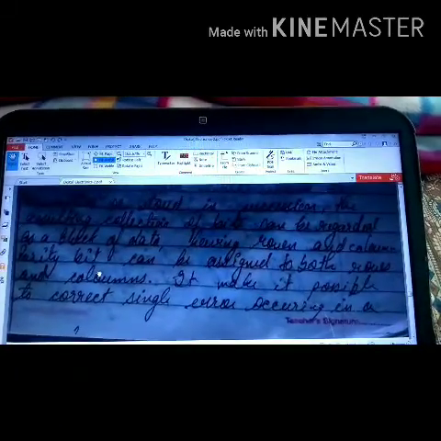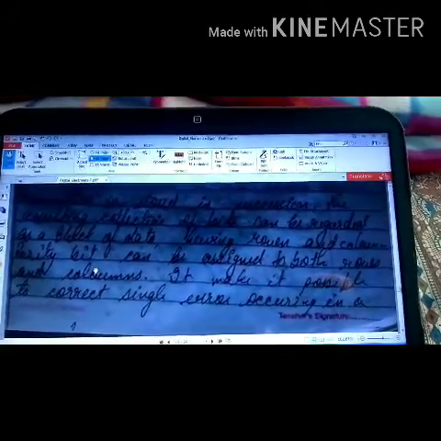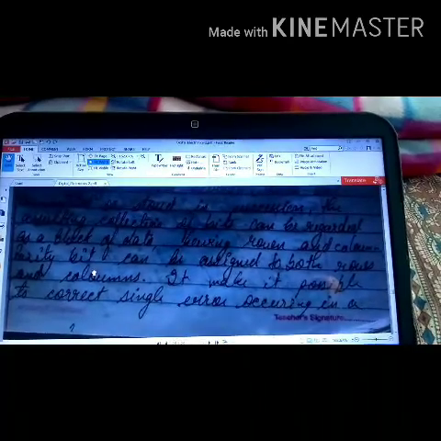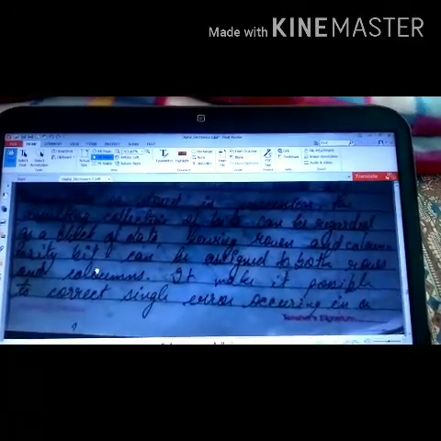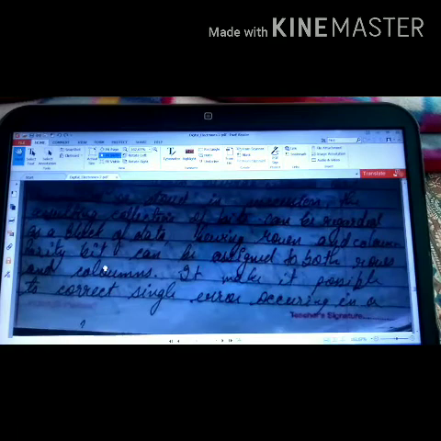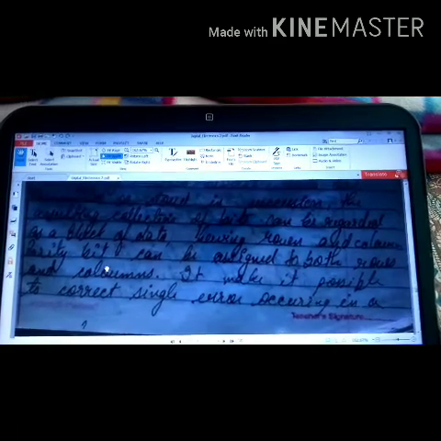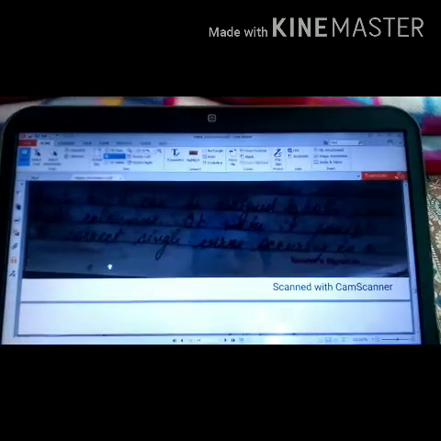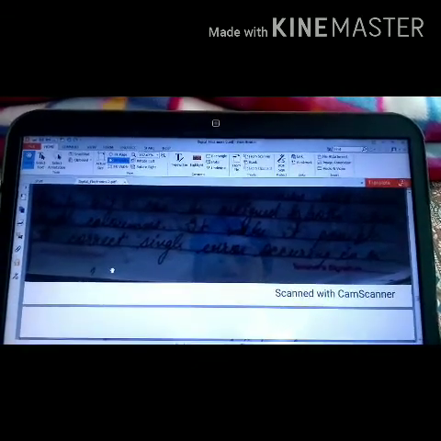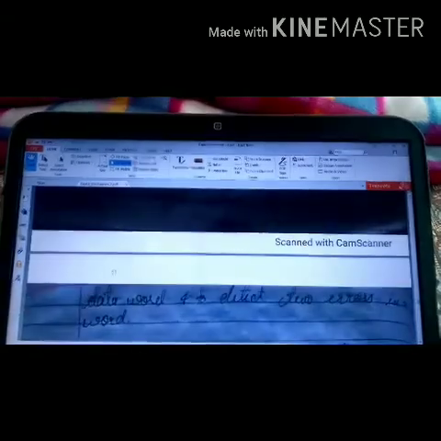It makes block parity utilizable even as an error correcting code. There are very few codes which are used as error correcting codes. Block parity is one of them. So it makes it possible to correct a single error occurring in a data word, and at the same time it is able to detect two or more errors.